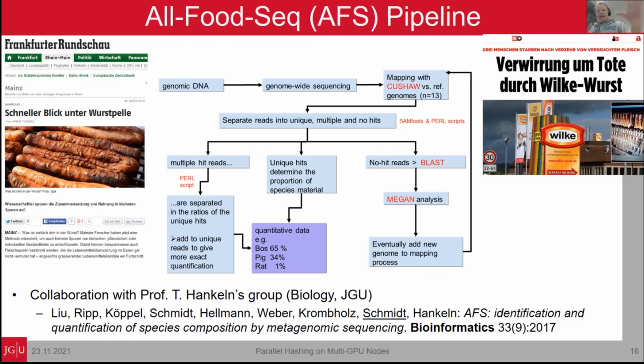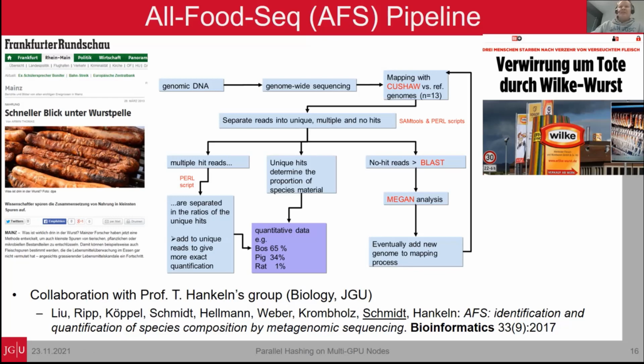This pipeline could find out the ingredients of these sausages that we sequenced, but it was running extremely slowly. So we were looking at methods that can do that in a much quicker way, orders of magnitude faster. And the first idea is not to use